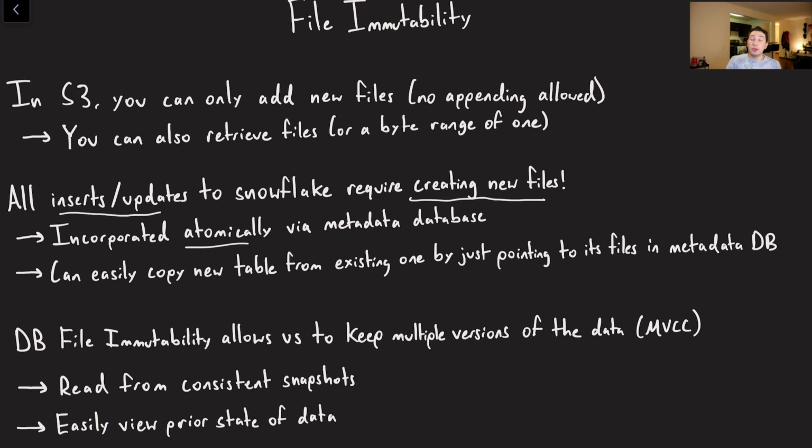The nice thing about that, though, is because the old file was immutable, it gives us the opportunity to get all of these nice properties in the database. One of which is you can now read from consistent snapshots, right? Effectively, we just read from the old file. Even if we have a very long running operation, that old file may get overwritten, but we're still going to use it because it's going to give us a consistent view of our data.